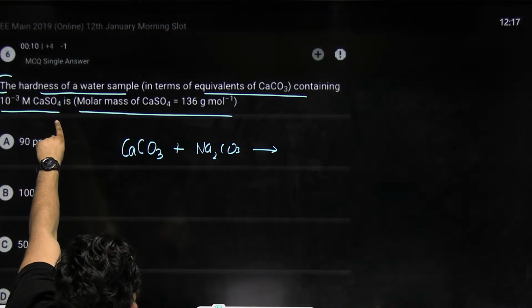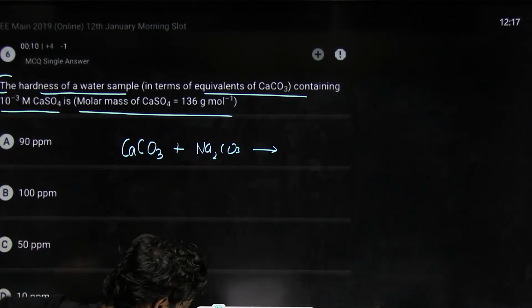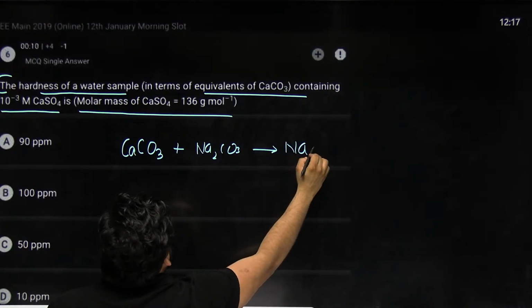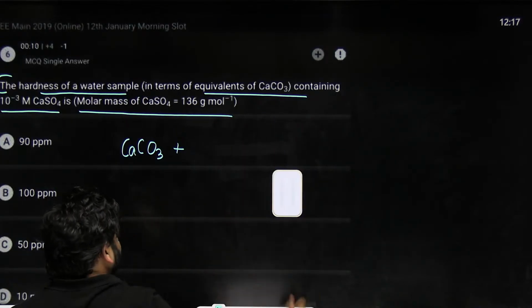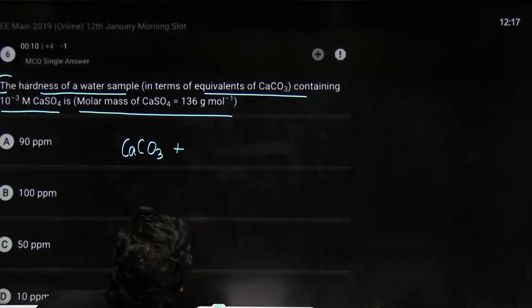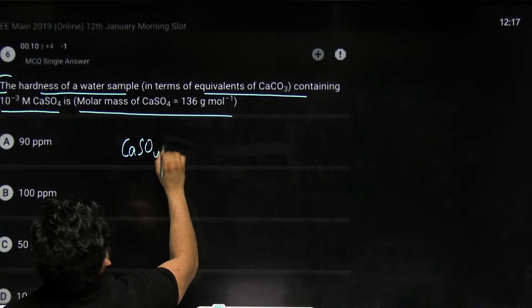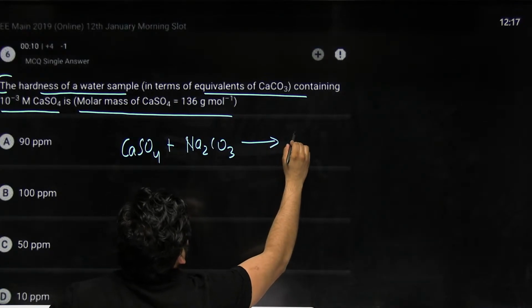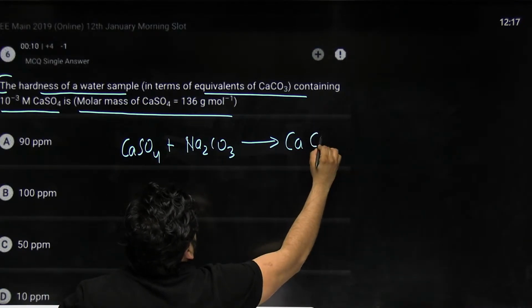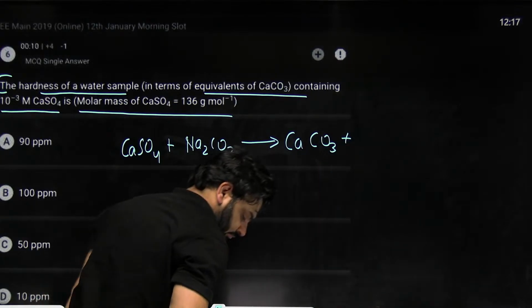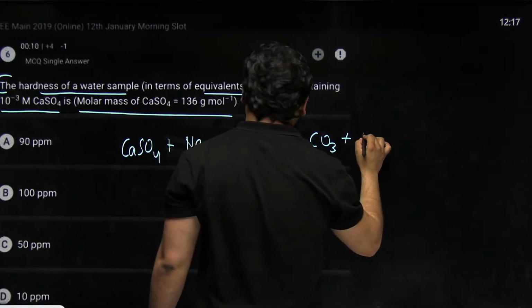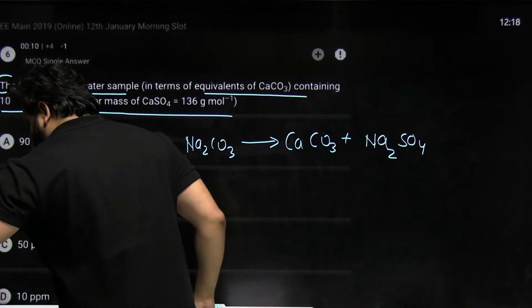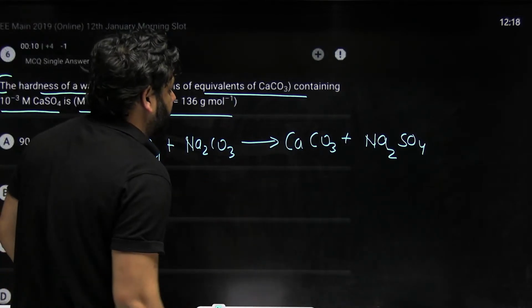This is something which we have already discussed previously. So CaCO3 plus Na2CO3 gives you Na. Now what we are doing is CaSO4 on reaction with sodium carbonate. This is a process of removal of permanent hardness. This will become CaCO3 plus Na2SO4. This settles down,